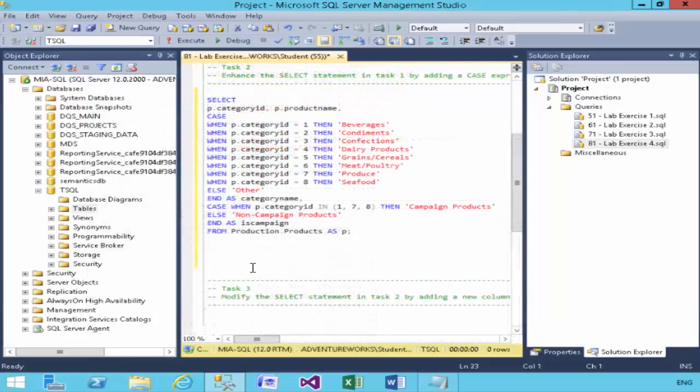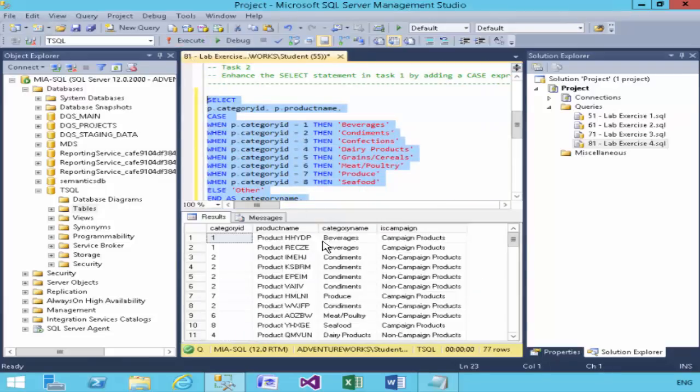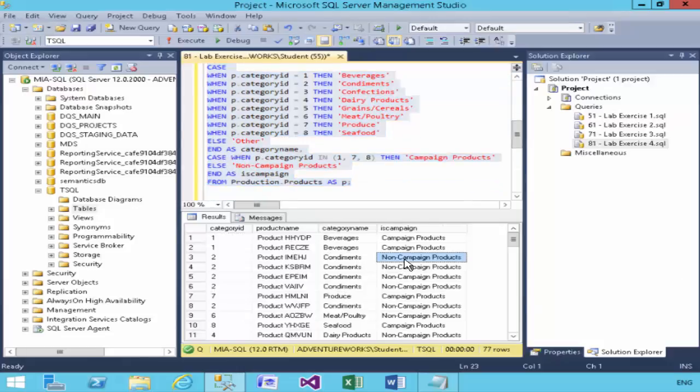So I just need to add the comma in. And now if we run that, notice the comma there, and then the end of the campaign section. And now we have our category name, but also now our is campaign field.